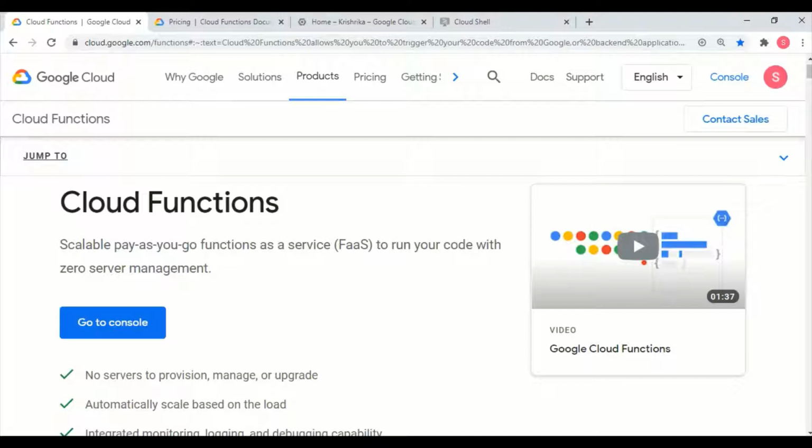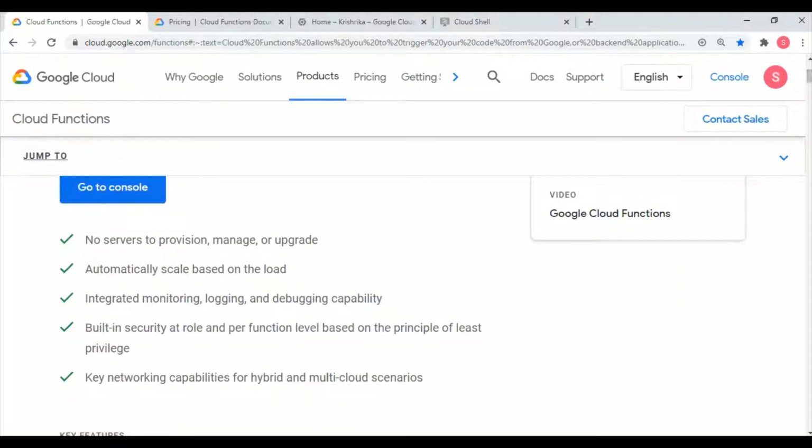It's a very interesting and very popular functionality whenever you want to run some specific functionality and you want it to run on Google Cloud or any other cloud provider. You just need a cloud function. Create a function, give it the functionality, and it will be up and running.